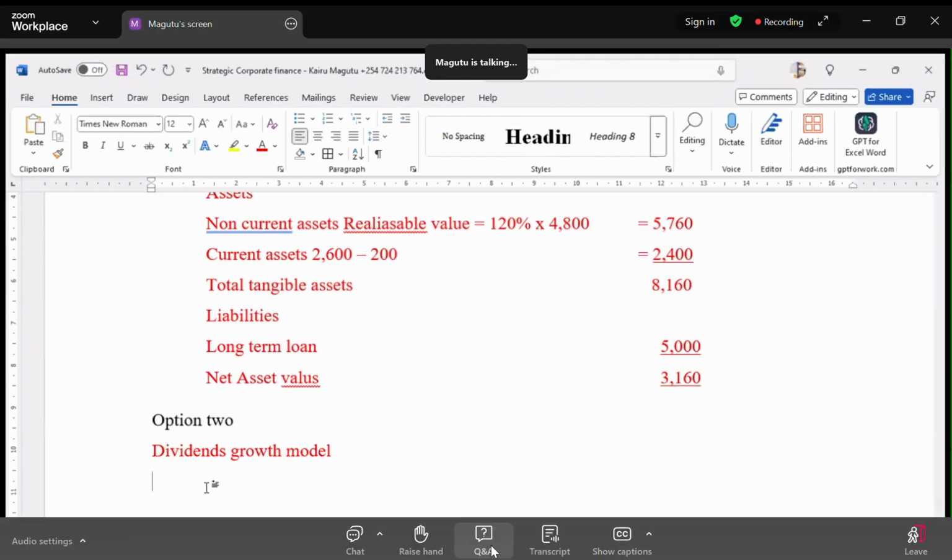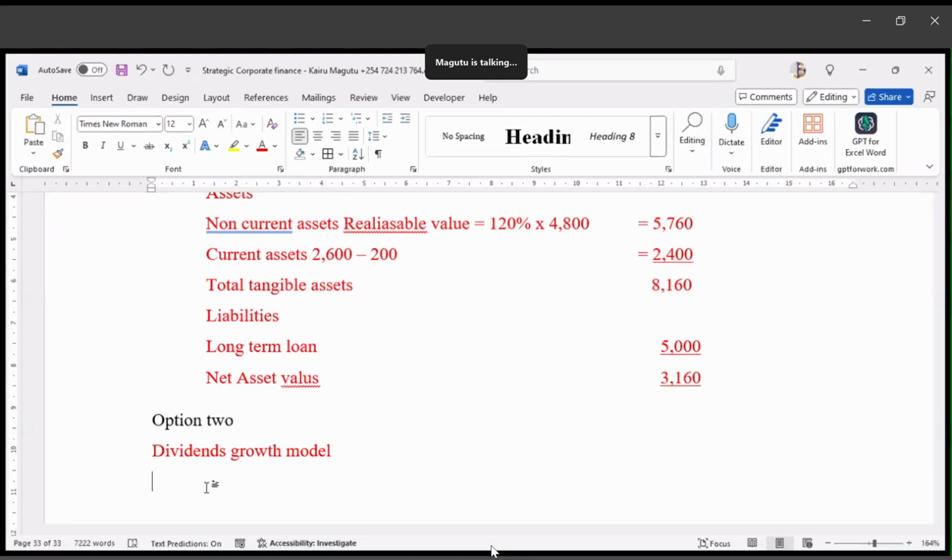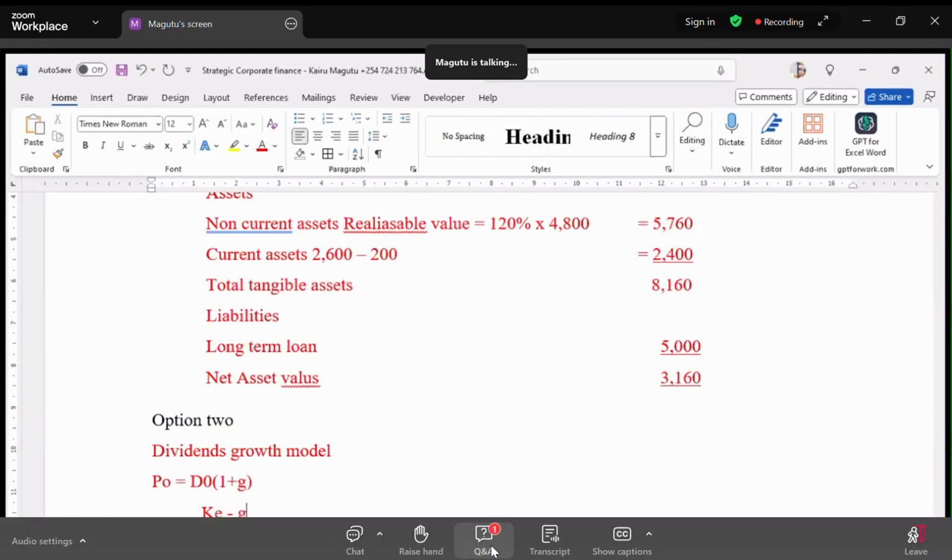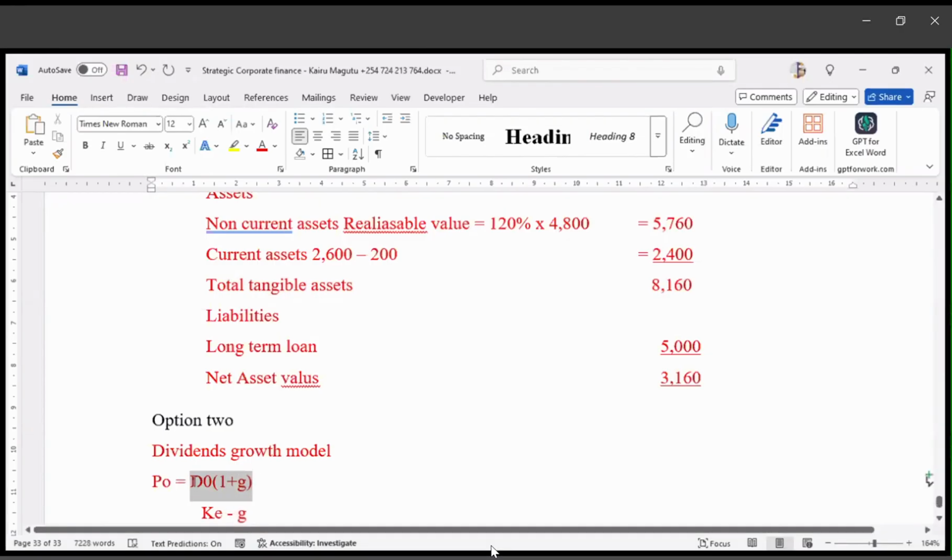So the price of a share, P0, is equal to D0 (1 + g) over the cost of equity minus the growth rate, where cost of equity equals